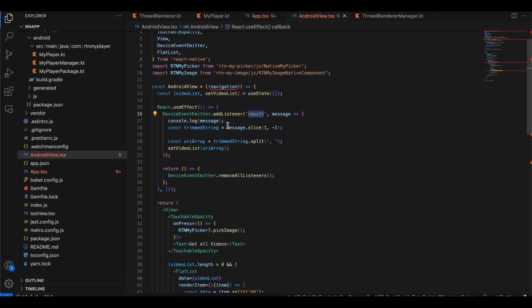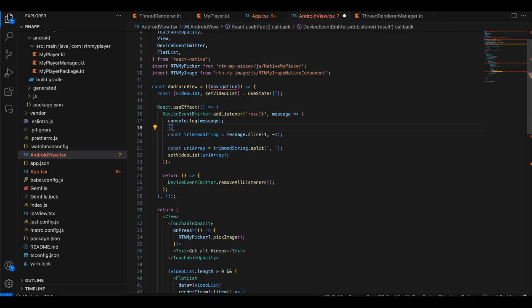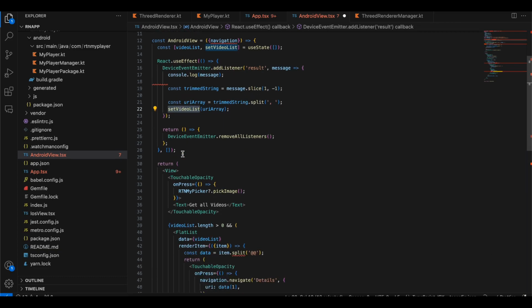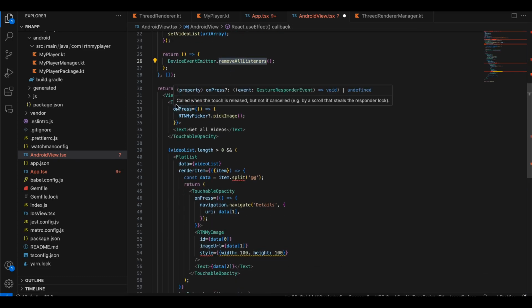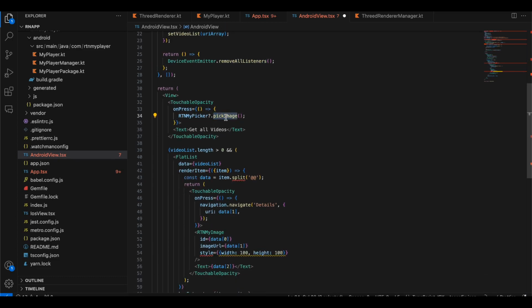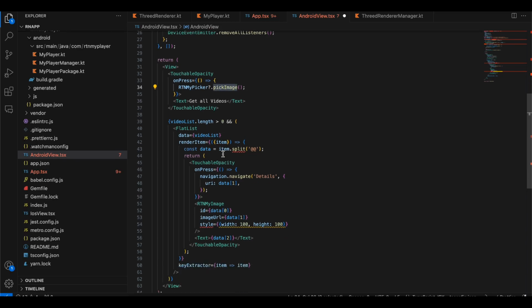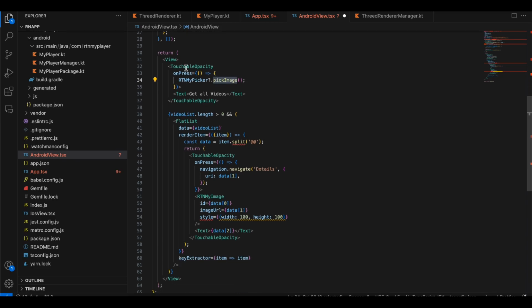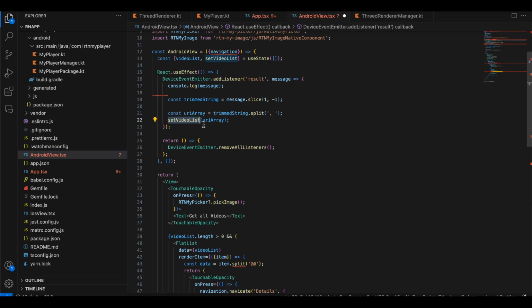What I'm doing is that the string will contain these brackets, right, because it was a list which was getting converted to string on the native side. So I'm removing that over here, then I'm splitting it by a comma and setting it to our video list. Then I'm removing all event listeners over here, and I have just created this button to pick videos again, not images. And once we get all the videos, here you will get the callback